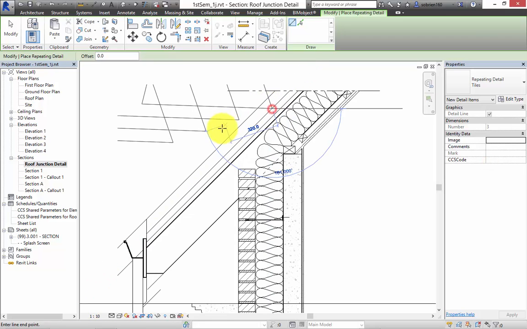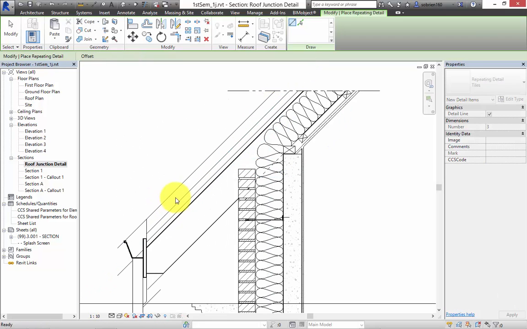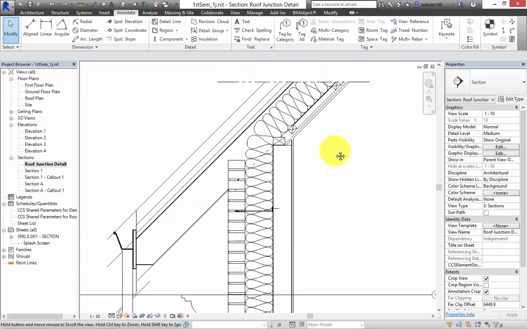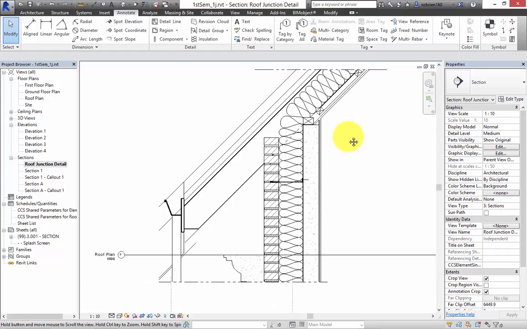I think I managed to screw this up in the other class, but anyway, let's leave the tiles out for the moment. I won't get into that detail stuff. Okay, so the last thing I want to show you really is,